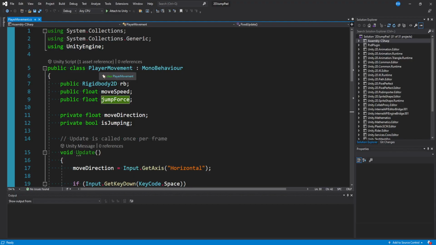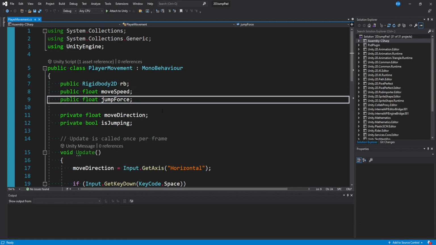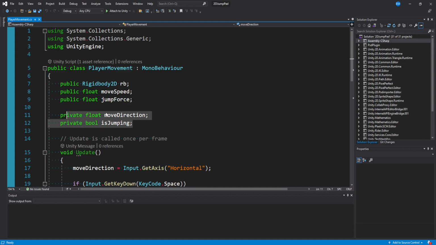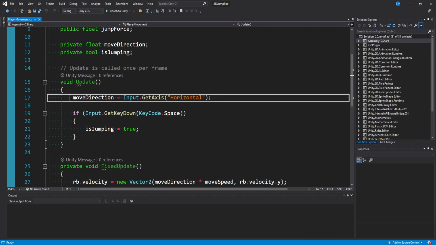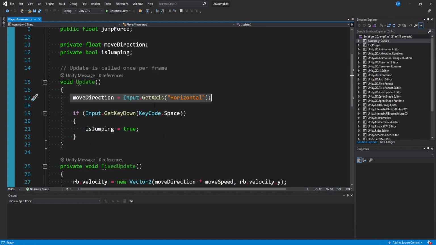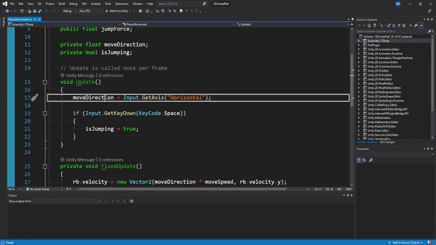I'm just going to quickly scan through the player movement script. I have a full tutorial on how to set this up, but more or less you need a rigid body, a move speed, and a jump force. You don't even need to have your character be able to jump, by the way, for this, but in this case I do. And then we have two private variables: a float move direction and a bool is jumping. In update, we're just getting the x-axis input for horizontal, and we're storing that in a float. And then we're checking if we're pressing down the space button, and if we are, then we set is jumping